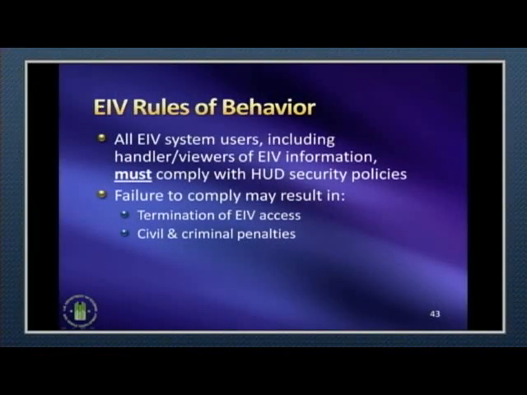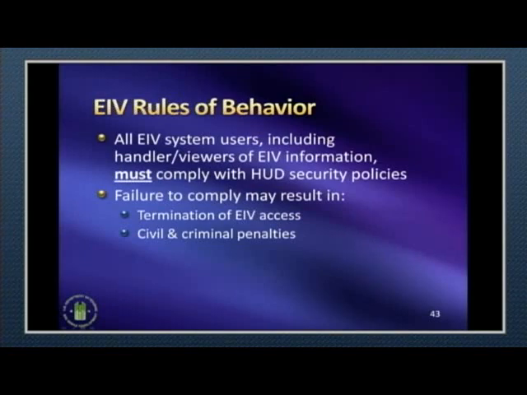So access to the EIV system, folks are like, hey, I want to get my access to the EIV system, but you have to understand that when you sign up to get access to the EIV system, there are certain rules that you have to comply with. We call them rules of behavior. And all EIV system users are required to comply with these rules. And the rules are really what I call KISS. Keep it stupid simple, okay? They're very simple rules, easy to follow, although some do have a little problem following rules, and I can understand that.